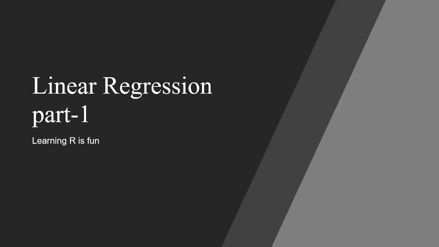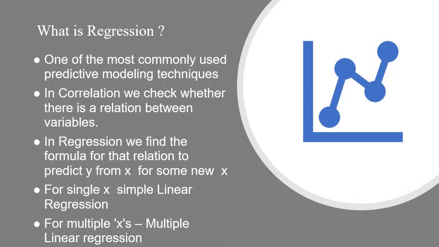In this video, we will be stepping into machine learning. The first algorithm which generally is learnt is regression. We know correlation, we have already seen that: a dependent variable y, and if y is varying depending on x, then there is a relation. If this relation is positive, we say they are positively correlated, and when x increases, y decreases, then we say it's negatively correlated. We get a correlation value between 0 and 1, and we also get the sign, plus or minus. So negatively or positively correlated we come to know.